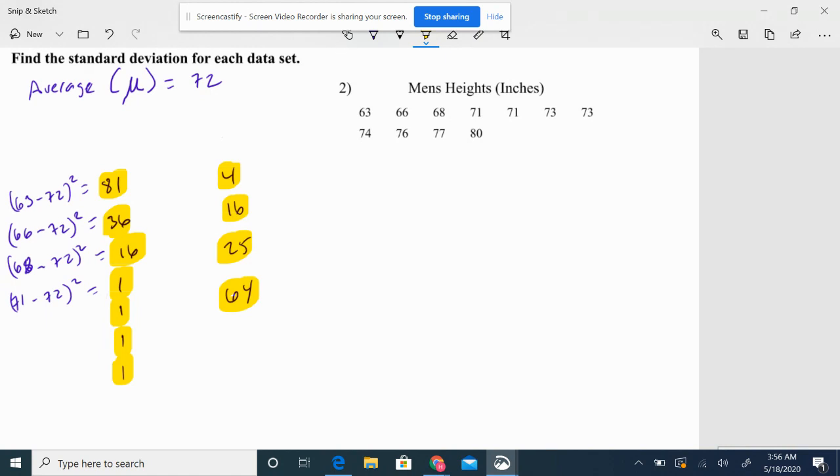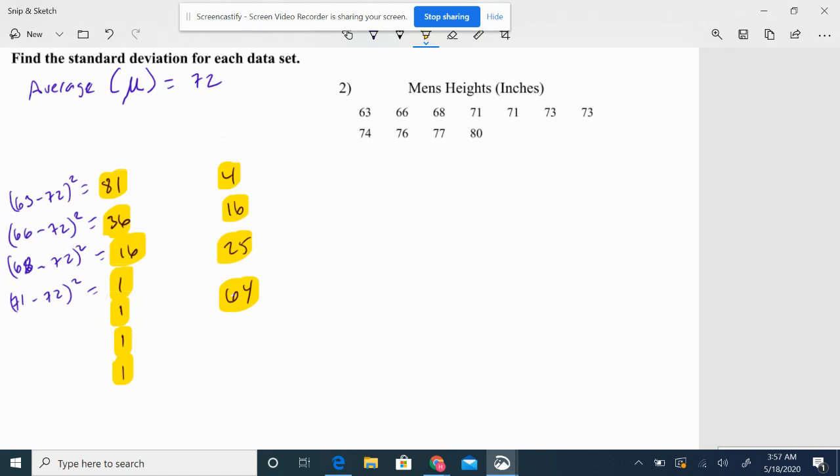So 63 minus 72 squared, 66 minus 72 squared, 68 minus 72 all squared, 71 minus 72 all squared, 71 minus 72 all squared, 73 minus 72 all squared. So each of them gave me that list. Now I'm just going to add them all up. So I add my new list: 81 plus 36 plus 16 plus 1 plus 1 plus 1 plus 1 plus 4 plus 16 plus 25 plus 64. It gives me 246